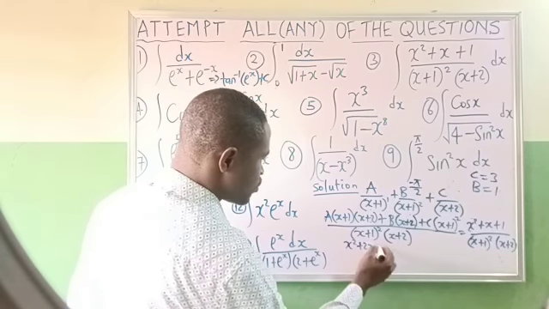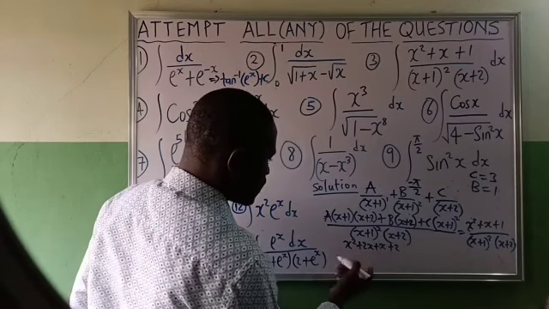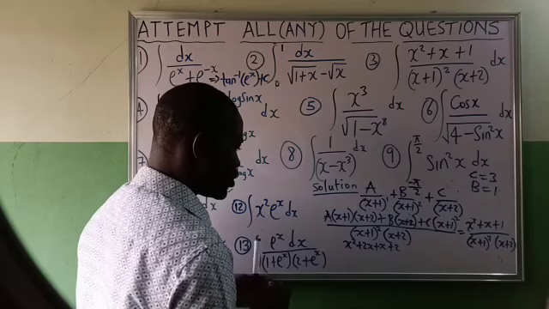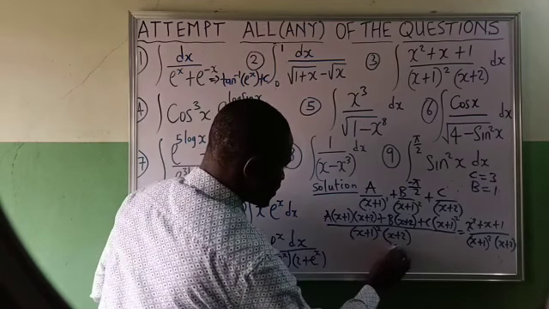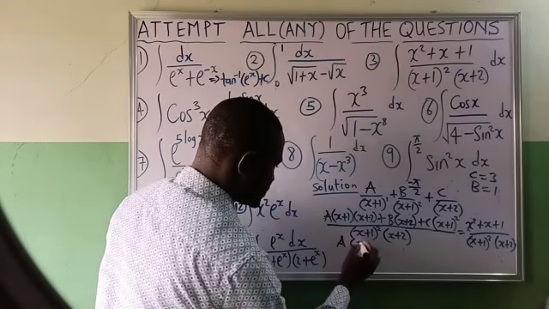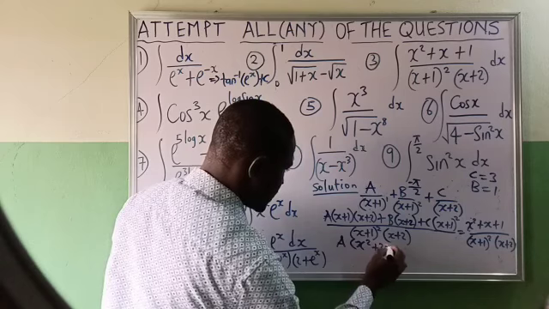1 times x will give me x. 1 times 2 will give me 2. 2x plus x is 3x. 3x plus 2. So I will be having 3x plus 2. A bracket x squared plus 3x plus 2